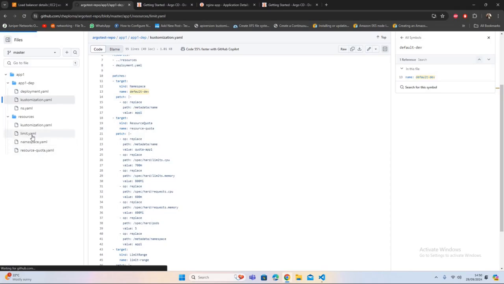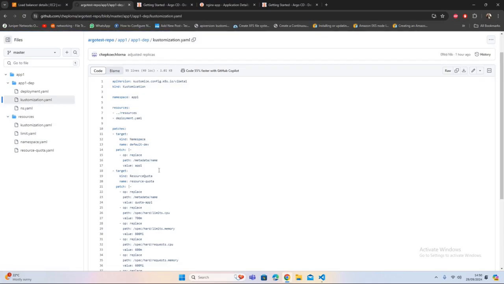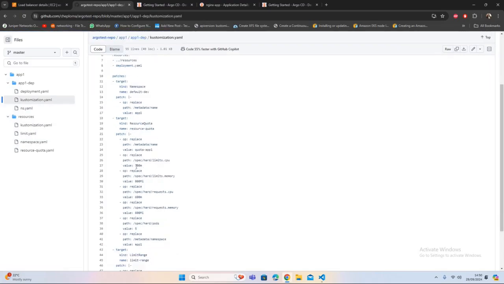If you can see these limits over here, they were 200, 512, so I can actually override that and give it something else. Like here I'm giving it 700 for CPU hard. Yeah, I'm replacing limits.cpu for hard to be 700, replace limits.memory for hard to be 800, and then replace CPU